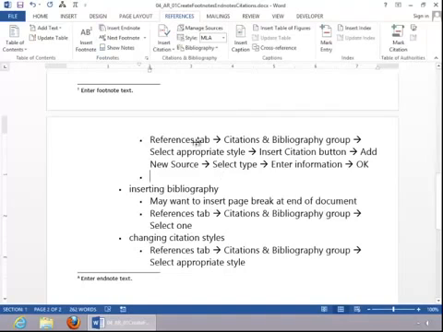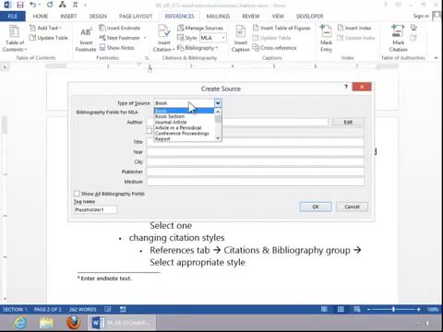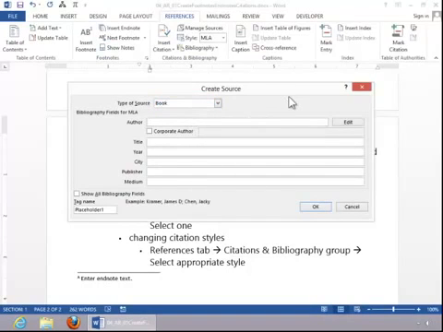To insert a citation, click on Insert Citation, click on Add New Source, choose the type of source. We will use book for this example. Insert an author, enter the book title, enter the year, enter a city, enter a publisher,